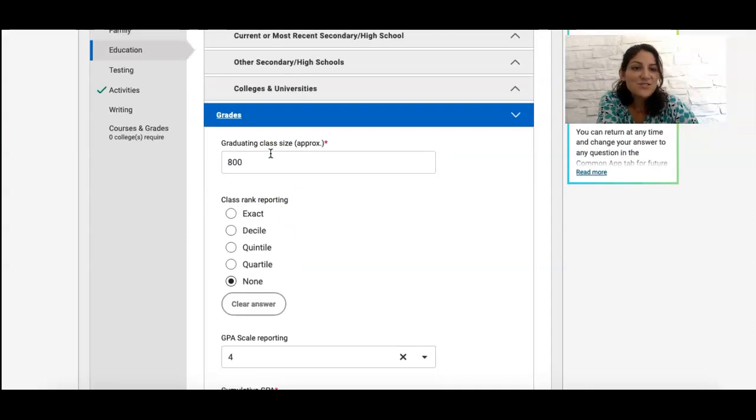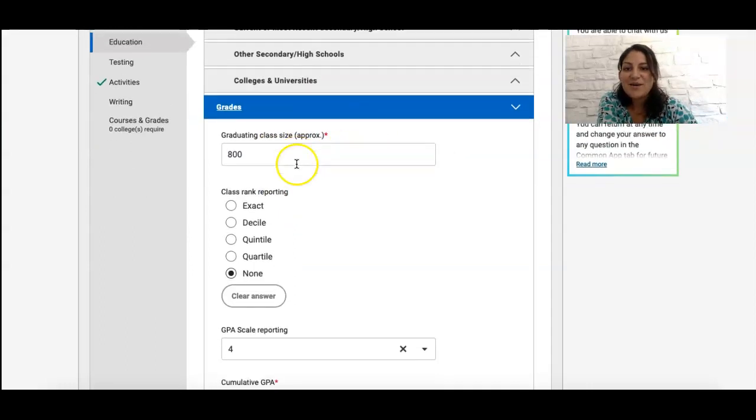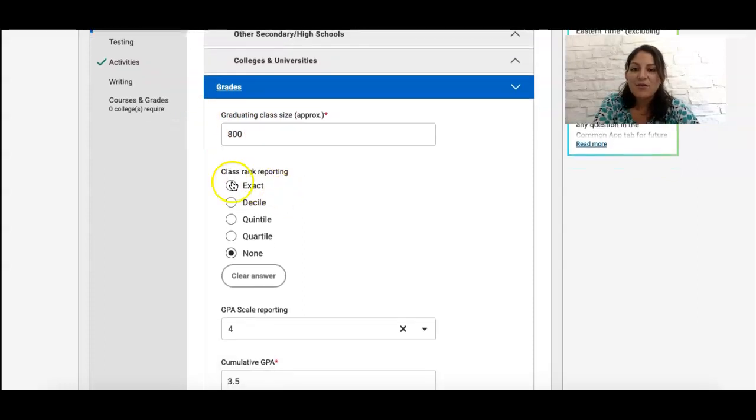Now this is just made up information. For those of you who have access to a transcript, you probably have an estimated class size listed on there. So go ahead and put your graduating class size in. Now ranking. Some of you will know your exact rank. All this stuff,